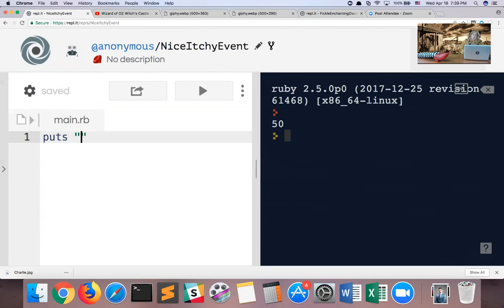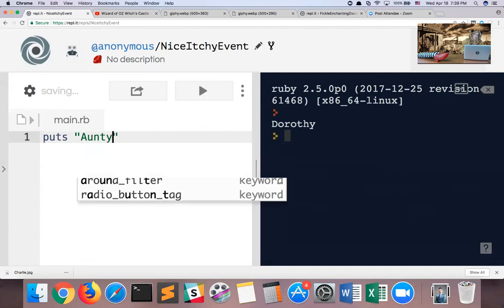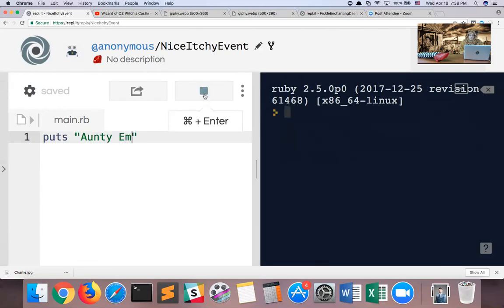Now, to work with strings in Ruby, you basically put a bunch of characters in between quotation marks. So if I say puts Dorothy, then we will see Dorothy on the right hand of the screen. If I do Auntie M, then we see Auntie M on the right hand of the screen.